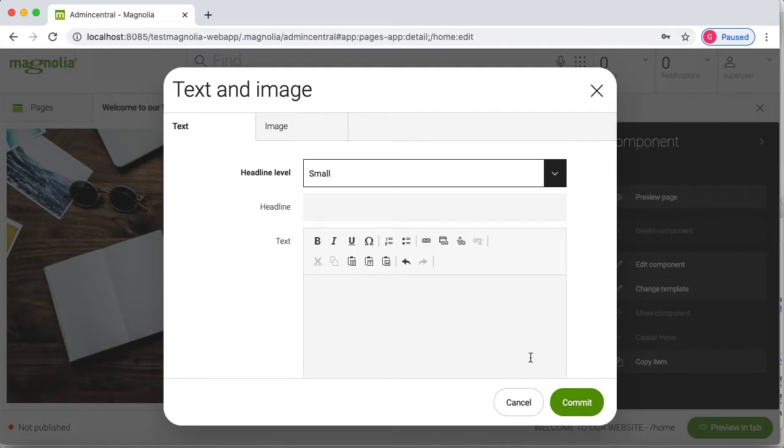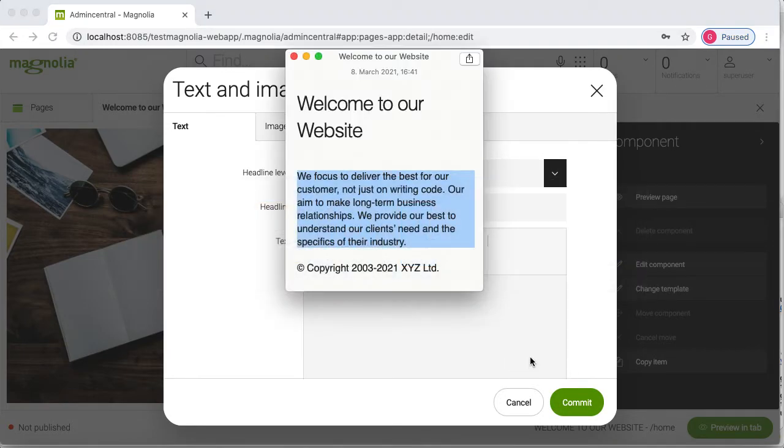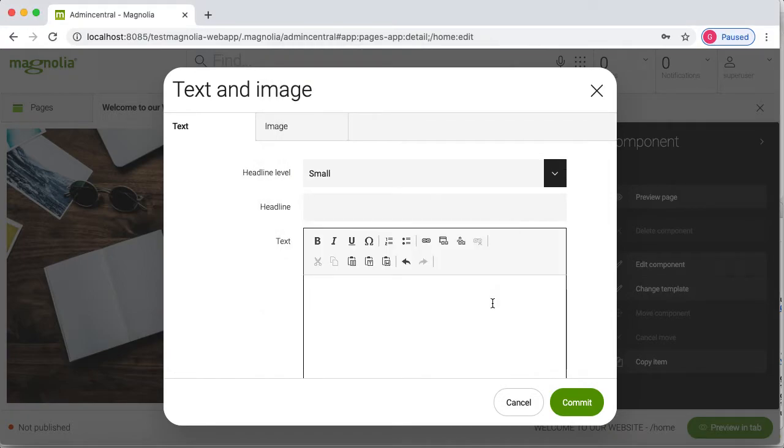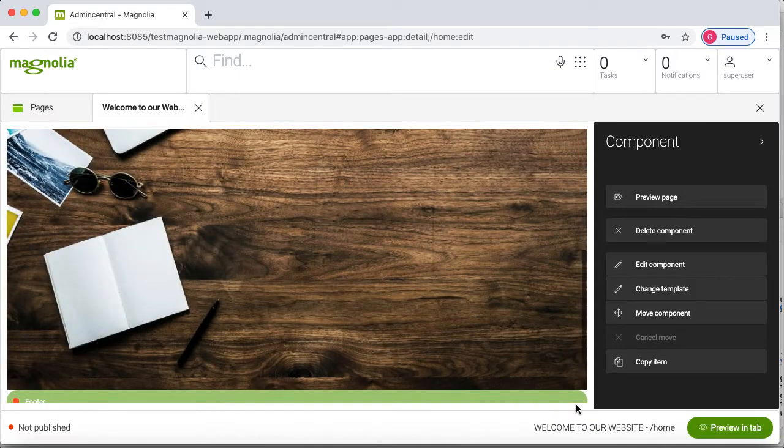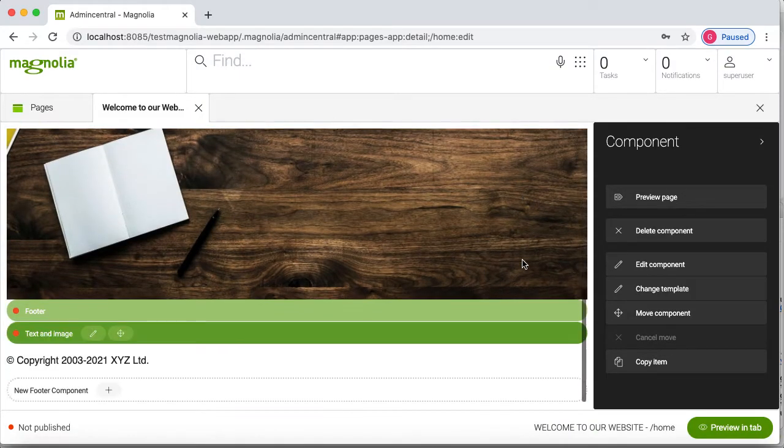I will use this simple footer in the text. I will not even use any image for that. I will simply click commit, and you can see here we have this footer at the end.